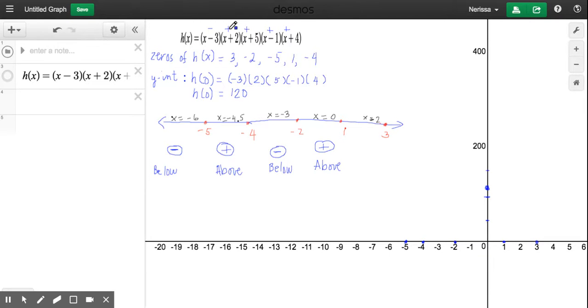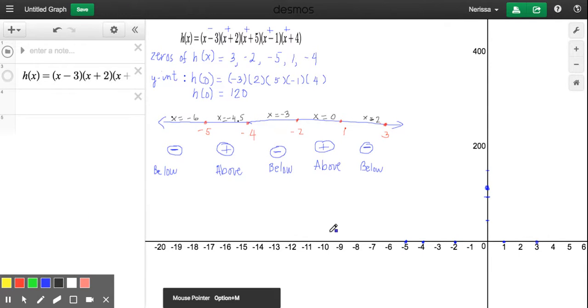Therefore, if I multiply this 4, I'm going to get positive times negative. That's going to give me a negative number. So that means here h of x is below the x-axis. Okay. So when we sketch our graph,